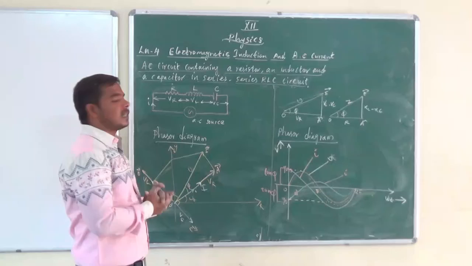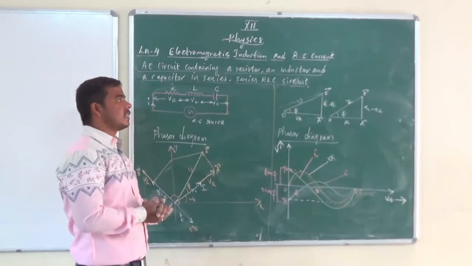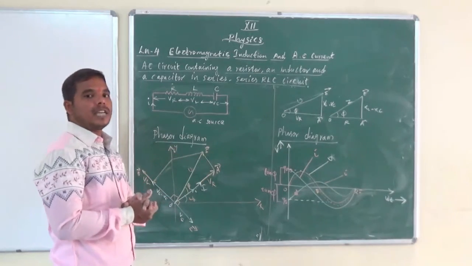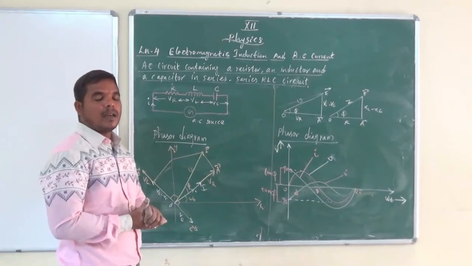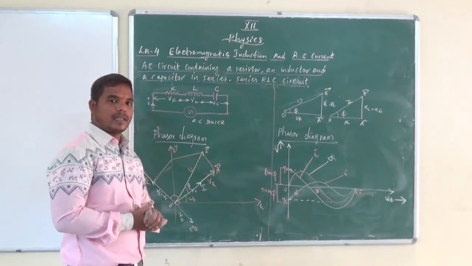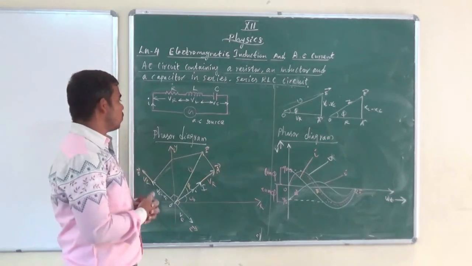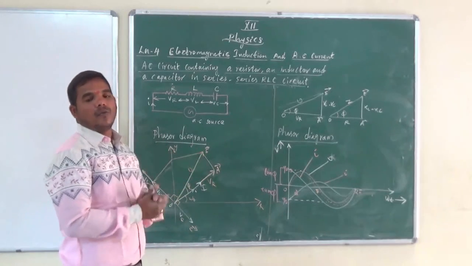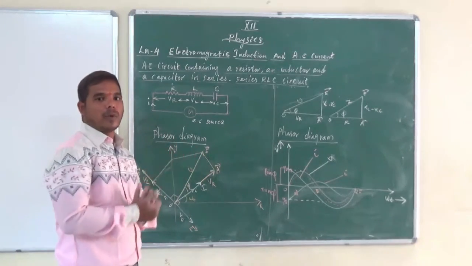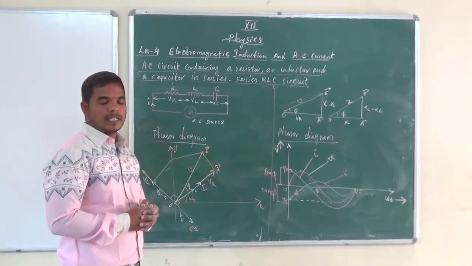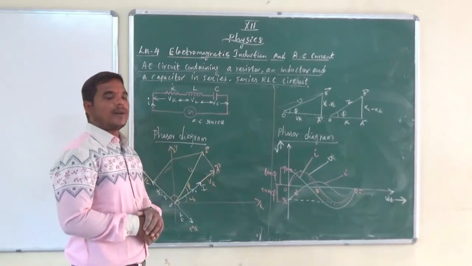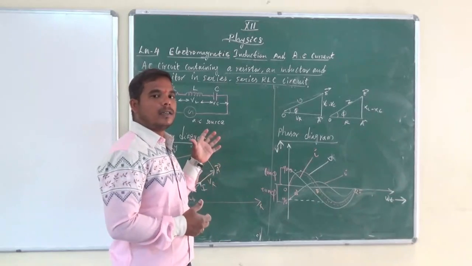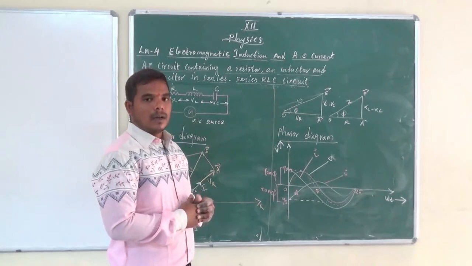So a circuit consists of a resistor, inductor or reactance, and capacitor connected to an alternating source. At any instant, the alternating source of EMF is given by V is equal to Vm sin omega t. Using that equation one, next use the phasor diagram. You can draw and write the following points we have discussed. Am I correct? If you have any doubt about this question, please ask. That's all about this question. Thank you.